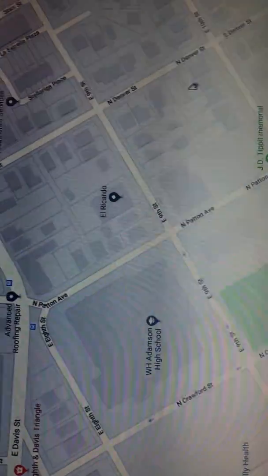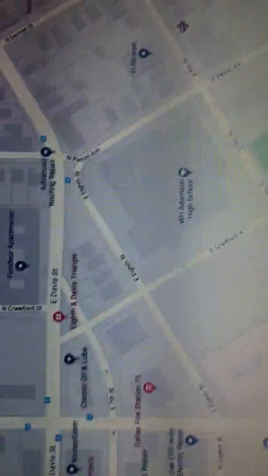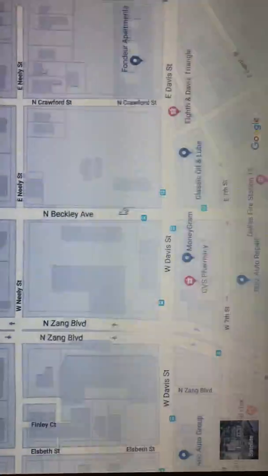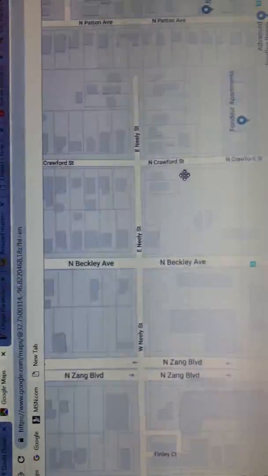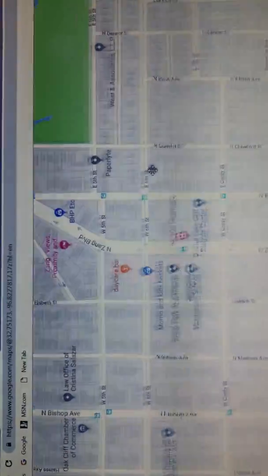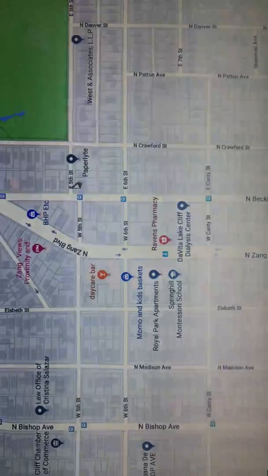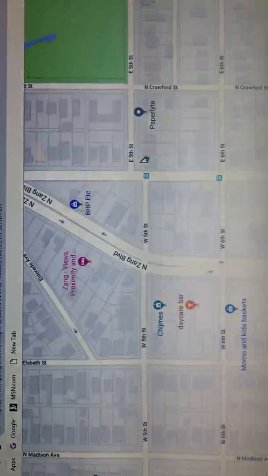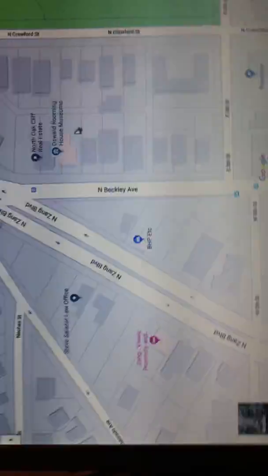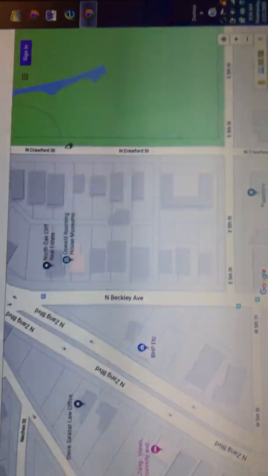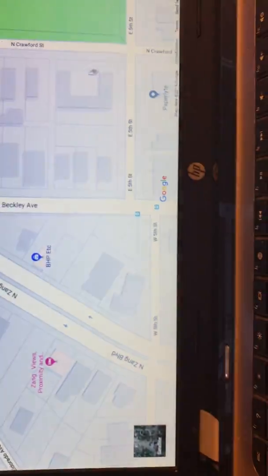right here, right? So what I think happened, though, or is feasible, if he's trying to avoid being seen from this corner here, Neely, Beckley, Davis, if he's trying to avoid being visualized from there, right? He takes this back route. He comes out of here, right? The Oswald boarding house, and then he comes this back route. And he walks to where they can't observe him.